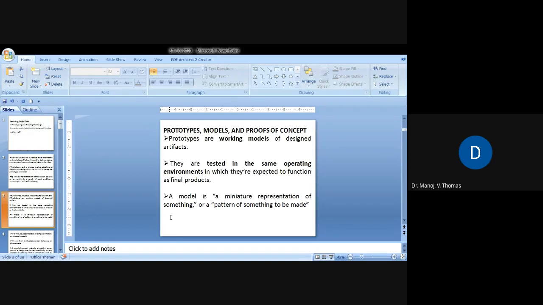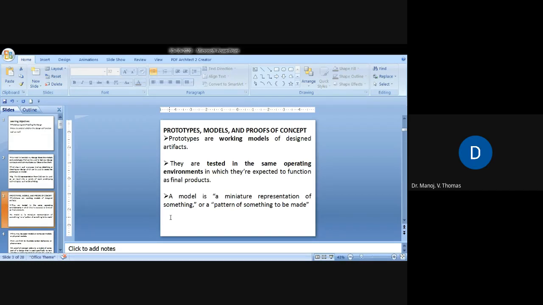Nowadays so many software tools are there that can be used to create models of a house. Suppose we want to construct a house, and when we approach an architect, he will show us a 3D model of the intended house which exactly matches our requirements: number of rooms, the size of the room, shape, appearance, everything. So they are actually models, isn't it? Models are not the actual object, but prototypes are more or less similar to the actual object.